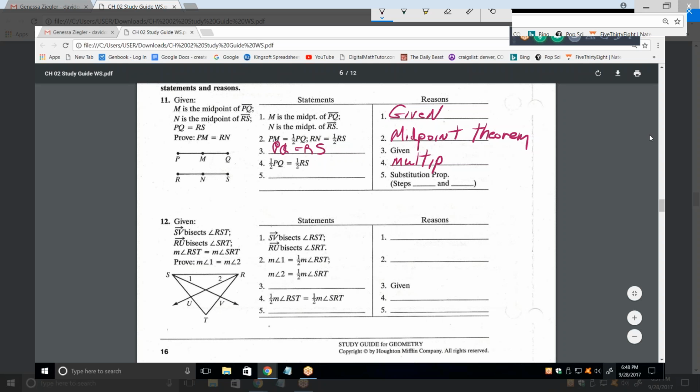And finally, what is going to have a reason of substitution property? In other words, remember the easy way to get the last statement? What are you trying to prove? Trying to prove PM equals RN, but why? In other words, we know that PM equals half of PQ. So therefore, wherever I see half of PQ, I can substitute PM. So it's the substitution property from steps 2